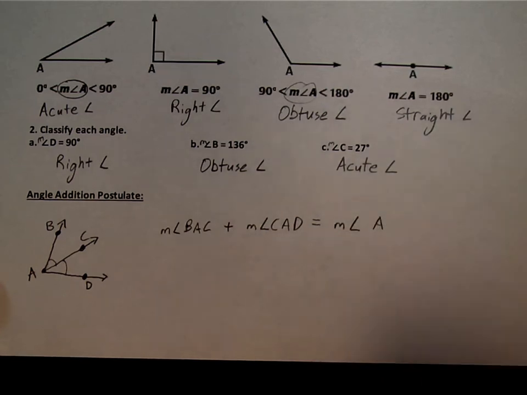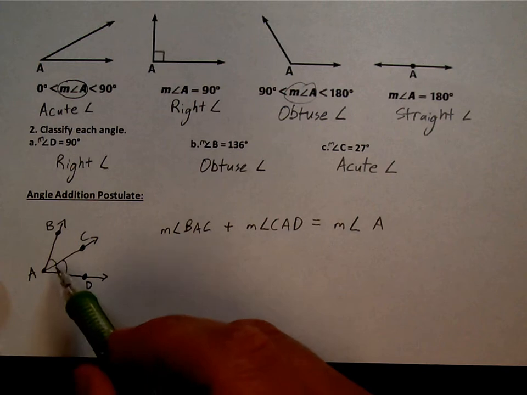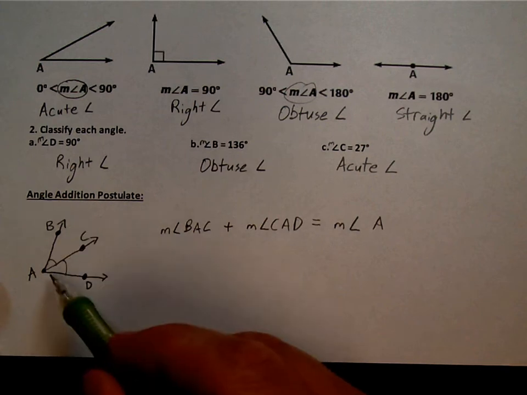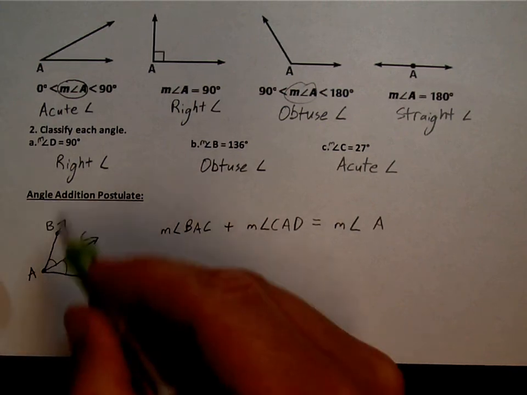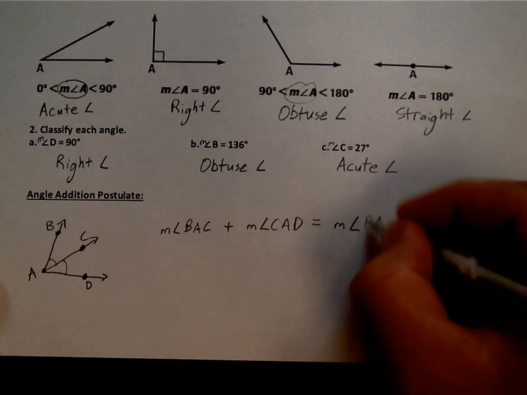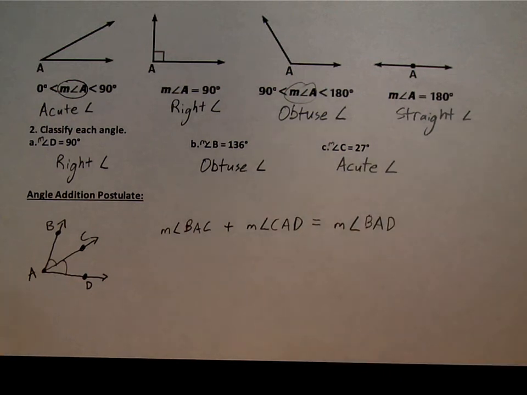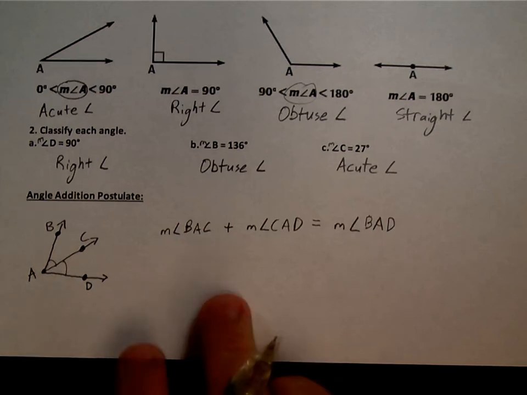The entire angle has a vertex of A, so that'll go in the middle. And the two sides go through B and D, the two extreme points. So B and D will flank the A when I name that angle. So that's the angle addition postulate. Now we're going to go to the other side where we actually apply it